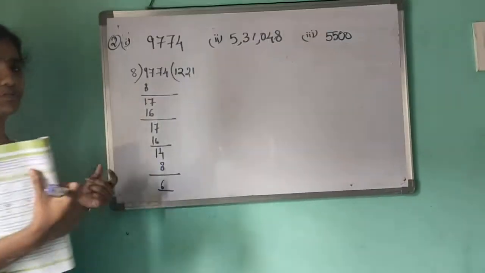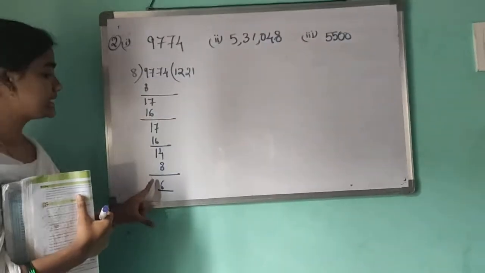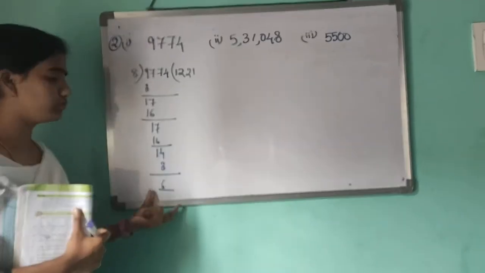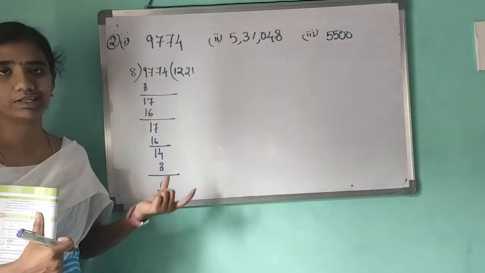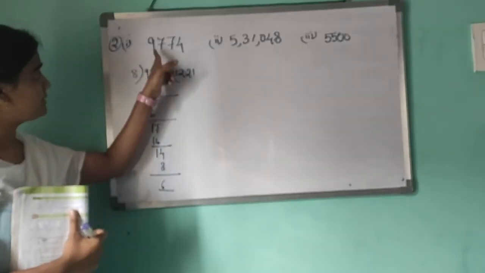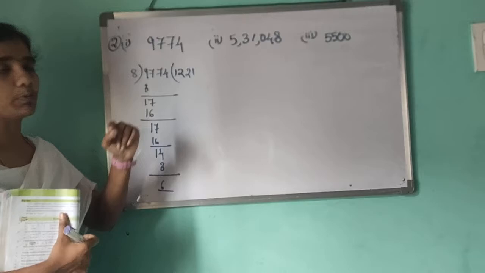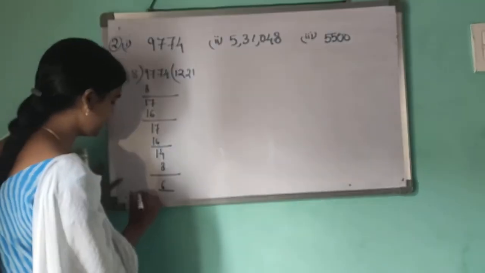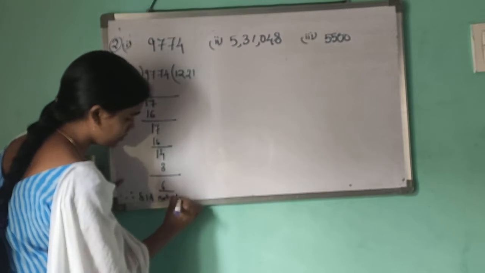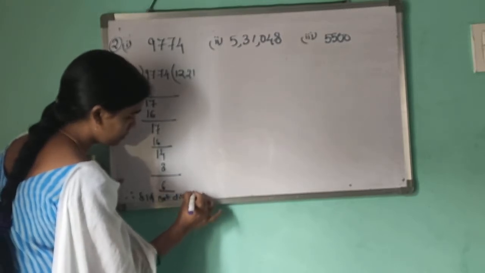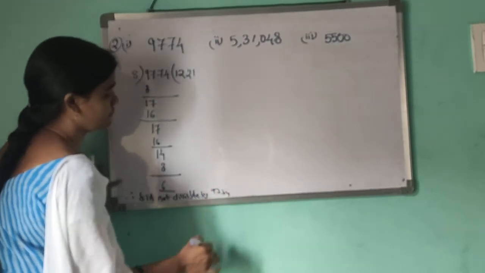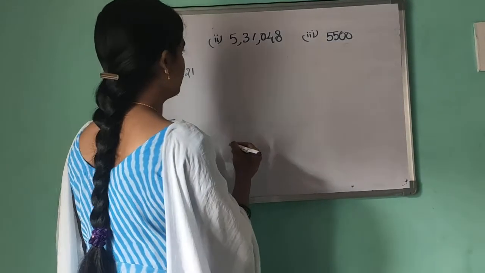So we observe that we did not get 0. The remainder is not 0. So 9774 is not divisible by 8. Coming to second one,